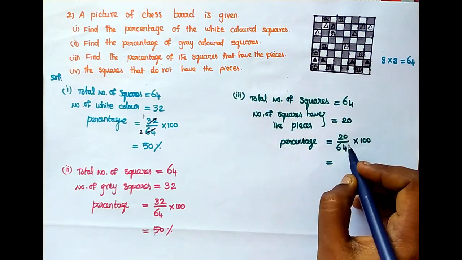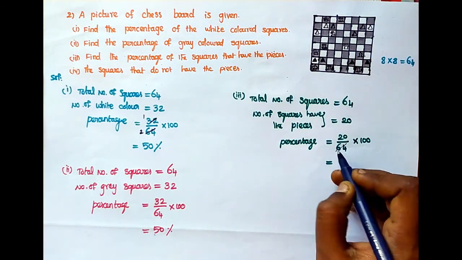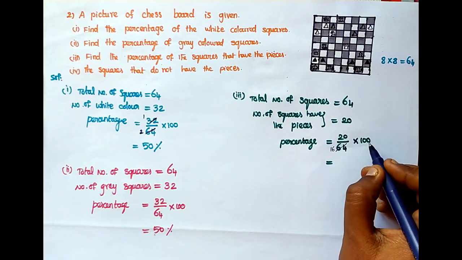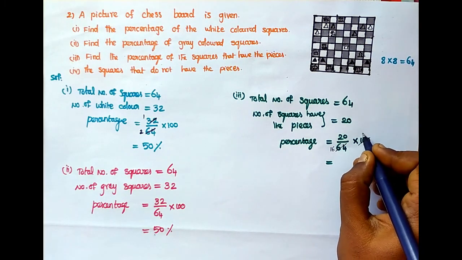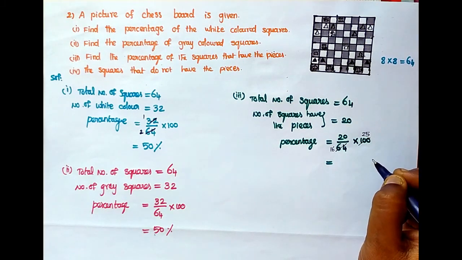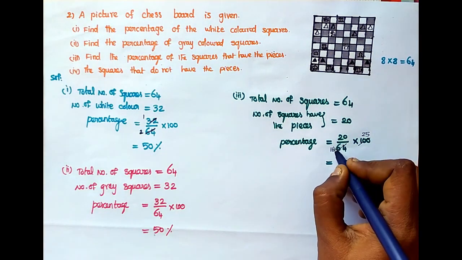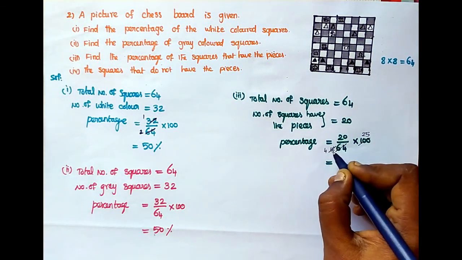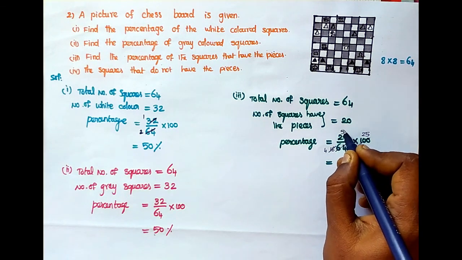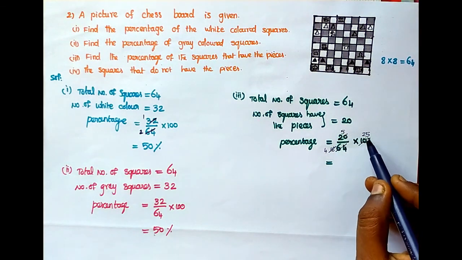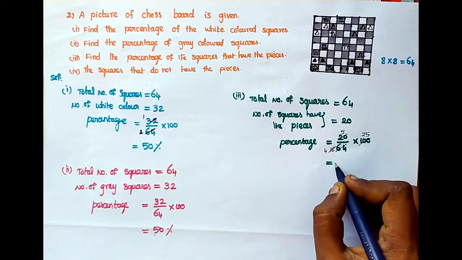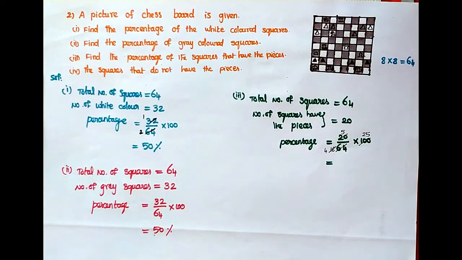Listen, the cancellation. 16 fours are 64. 25 fours are 100. Again 4 fours are 16, 5 fours are 20. So 25 into 5, 125